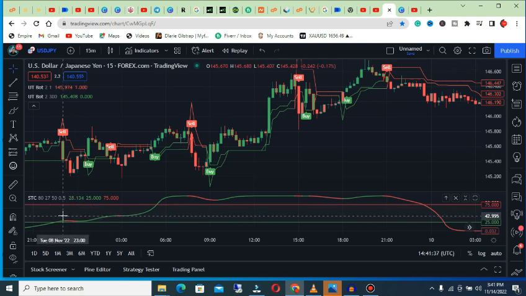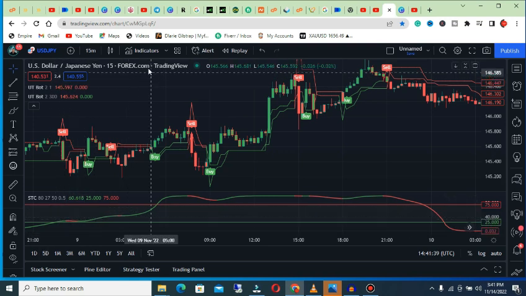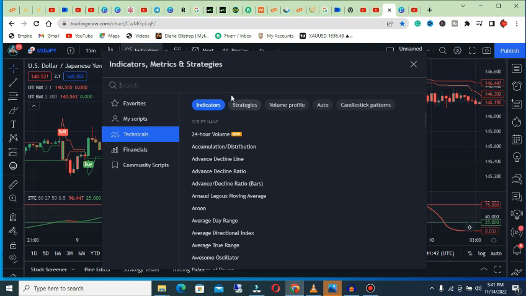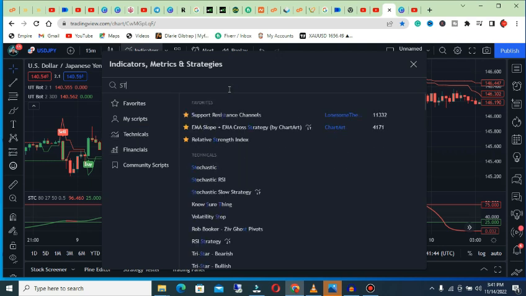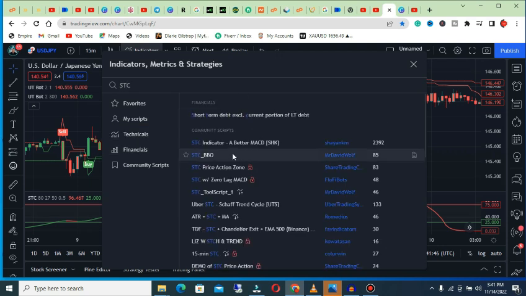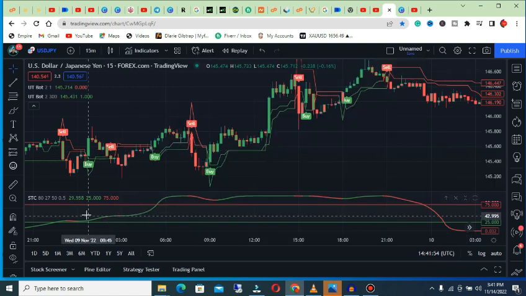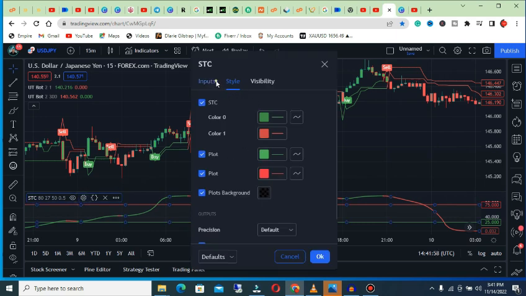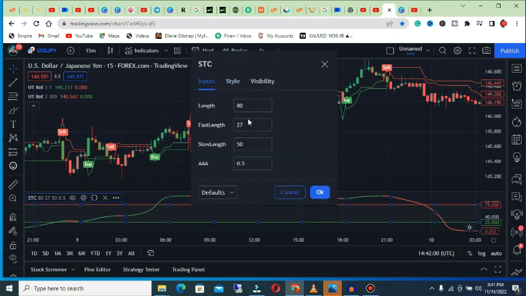The other one here is the STC, and you can put it up. Just go over here on the indicator on the technical part. Always make sure you write STC, and we're using the one right here, which is the STC indicator by Beta Mac. Just click it and you're going to put it up. The setting is pretty simple as well. On the input, the length should be 80, the fast length should be 27, the slow length should be 50, while the AAA